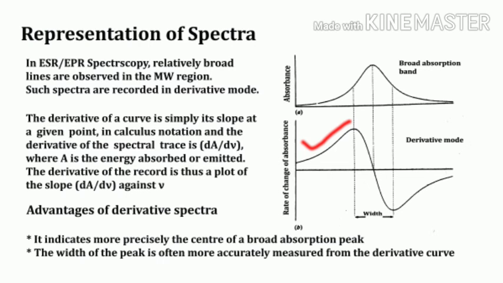The derivative of a curve is simply its slope at a given point in calculus notation, and the derivative of the spectral trace is given by dA by d nu, where A is the energy absorbed or emitted. The derivative of the record is thus the plot of the slope dA by d nu against nu. So as shown in the figure,